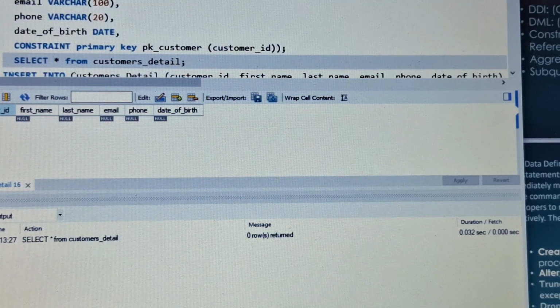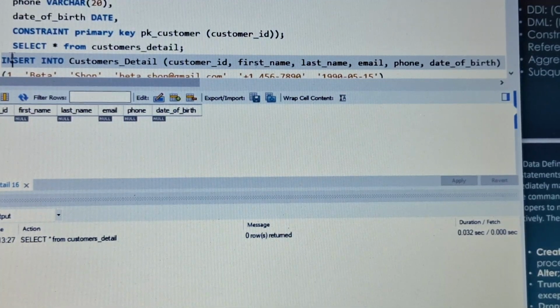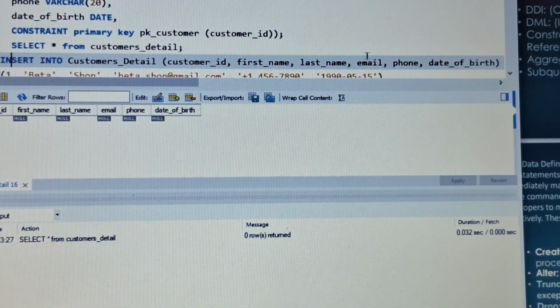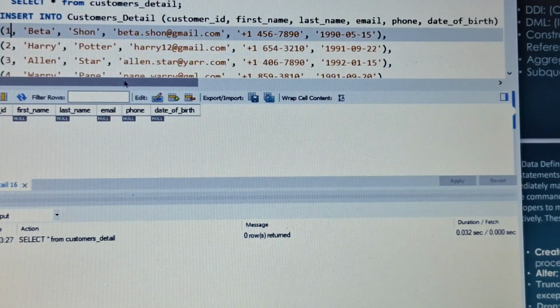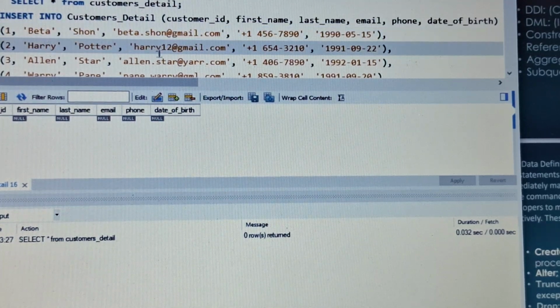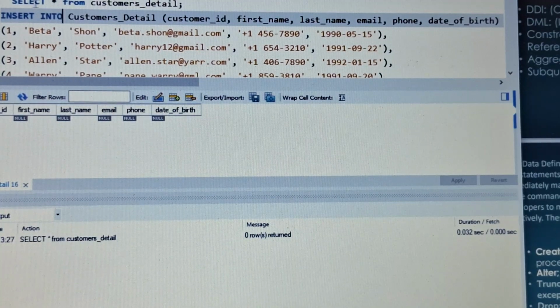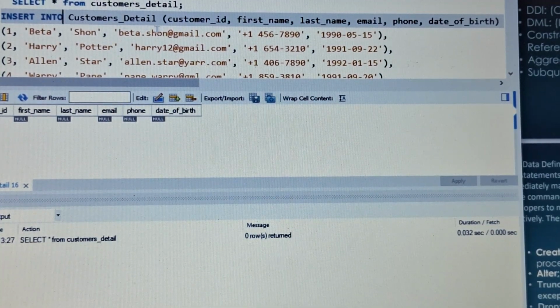To insert values, I will use this command here. This is the command that is used to write values: insert into customer details.